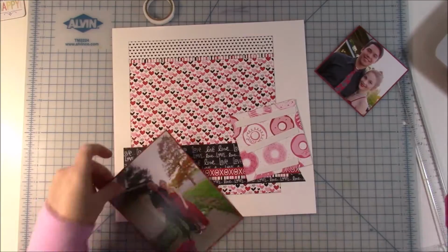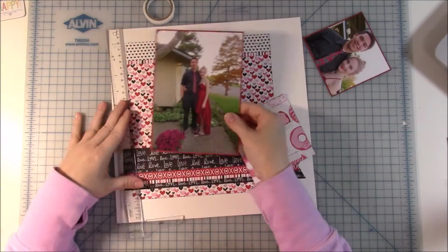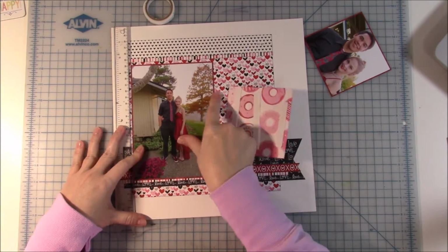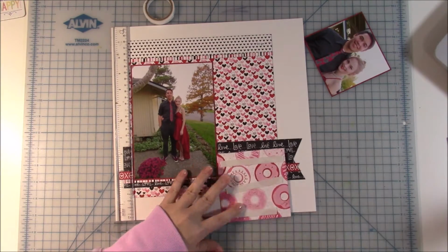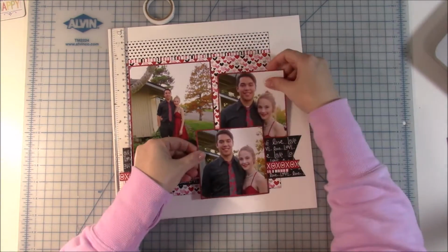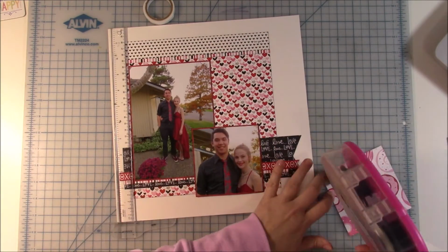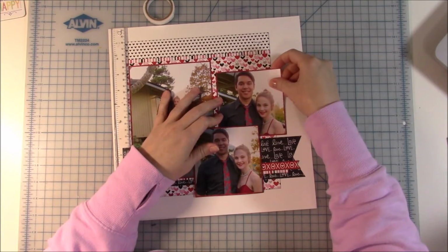Now I'm taking my foam tape and I am going to mount that one photo up on some foam tape. It was just one of the main ones of this. This, again, I'm doing more pictures of another dance my daughter went to. I do have a few of these layouts. The colors just work so well. You can see she's wearing a red dress and he's wearing black. So yeah, even though it's a Valentine's collection, it just works really well with